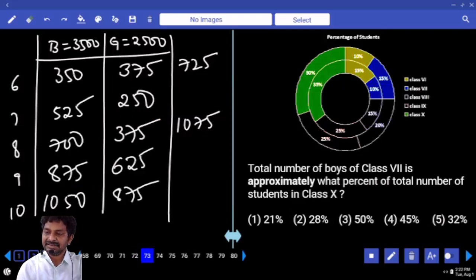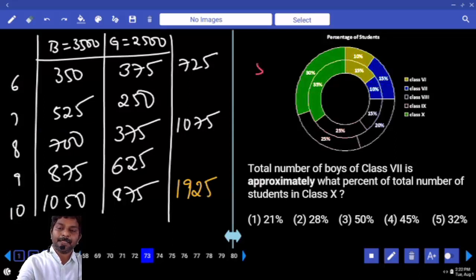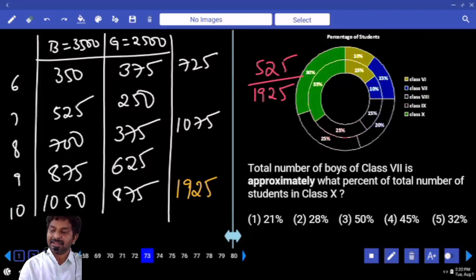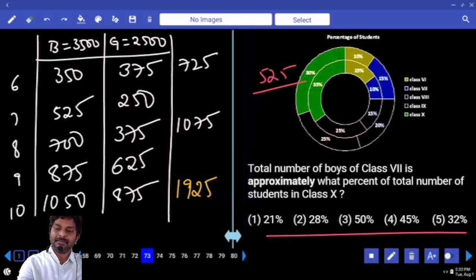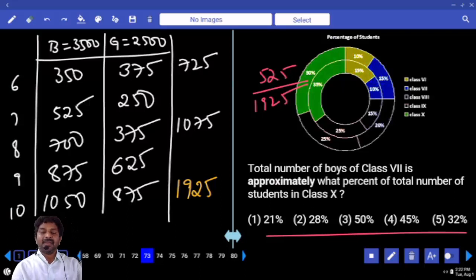Number of boys in 7th class 525 is approximately what percent of total number of students in 10th class? 10th class we have 1925 members, correct? 525 is what percent with respect to 1925? Right. Now, when you look at your options, 525 by 1925. Look at your options. Now we have comfortable difference, right? What is 10% of the denominator? Approximate